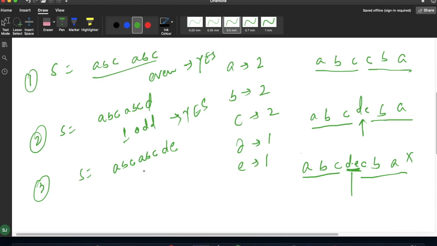So if all the occurrences are even, then we can simply make a palindrome. If only one occurrence is odd and the rest are even, then we can simply make a palindrome. Otherwise, if more than one odd is present, then we won't be able to make it a palindrome. So this is the scenario.